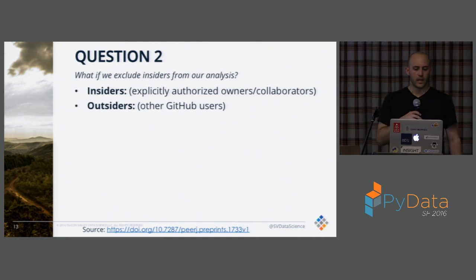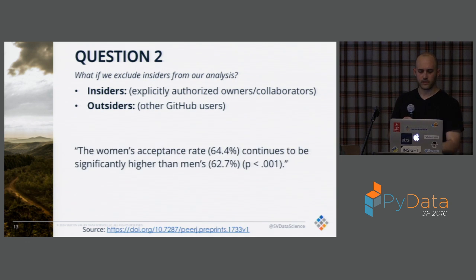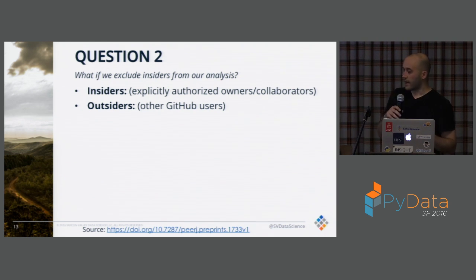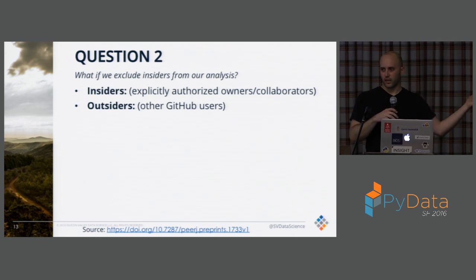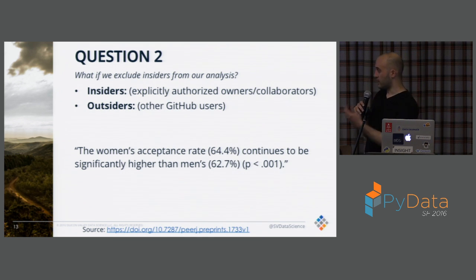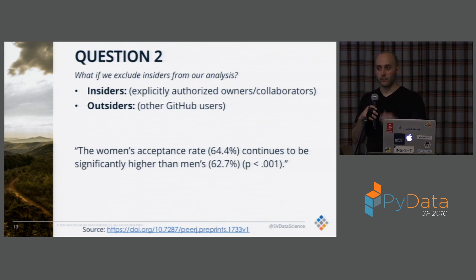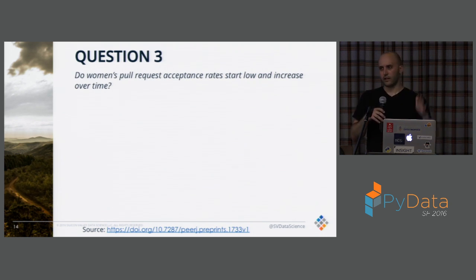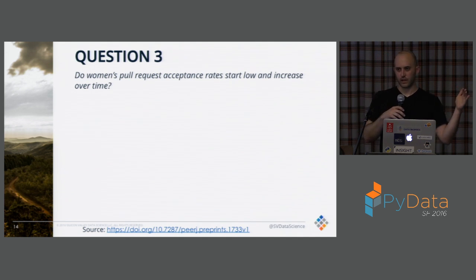Yeah, okay. What if we exclude insiders from our analysis? Insiders are explicitly authorized owners and collaborators of a specific open source project, and outsiders are other GitHub users. And they found that it continues to be a significantly higher acceptance rate for women than men. And so they go on and ask, well, maybe pull request acceptance rates start low and then end up very high, and